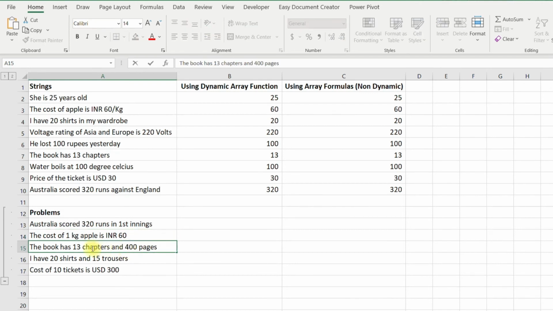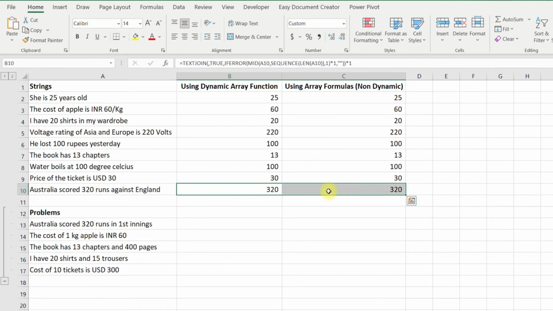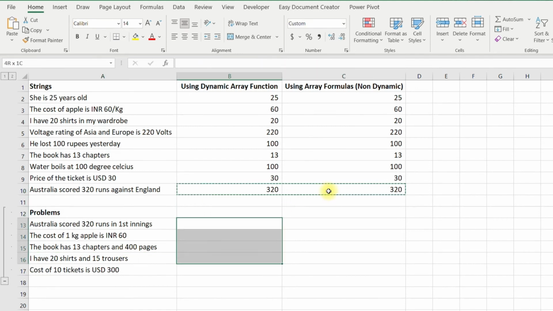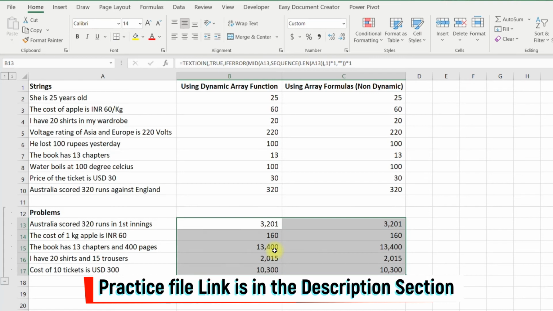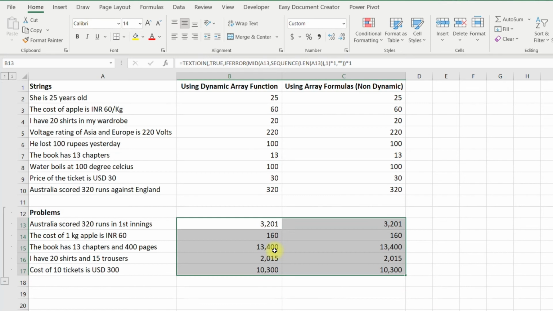In this text string, I have 13 and 400. If I copy these formulas to these cells, Excel will merge all the numerical values found in the text string. So guys, you can use this formula only when all the numerical values are at one place in the text string, or you want to combine all the numerical values available in the text string.